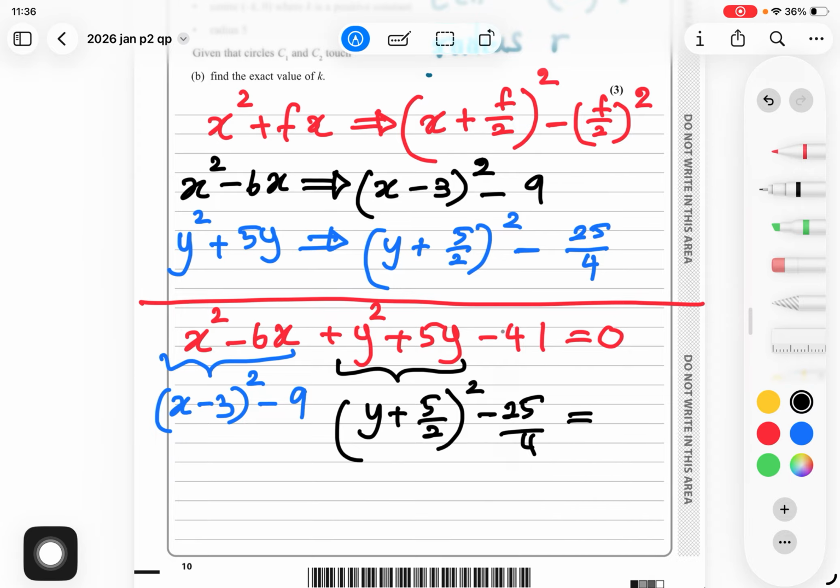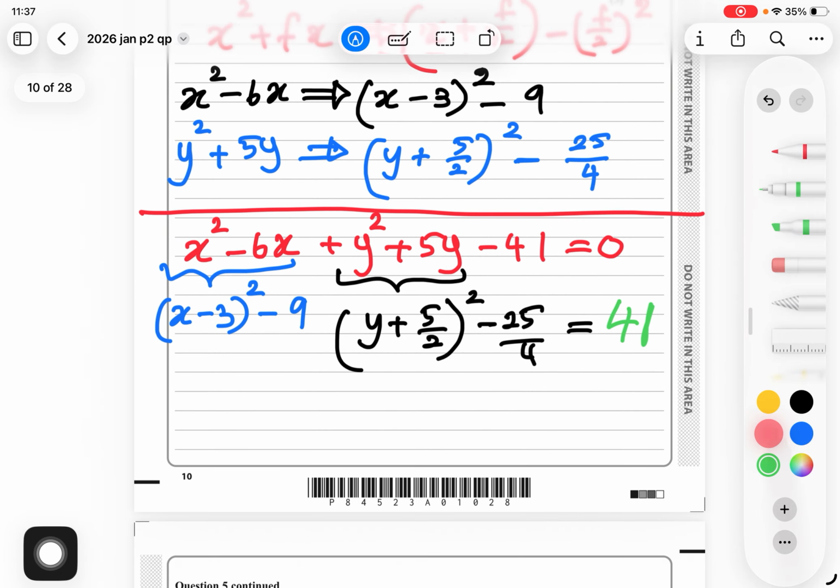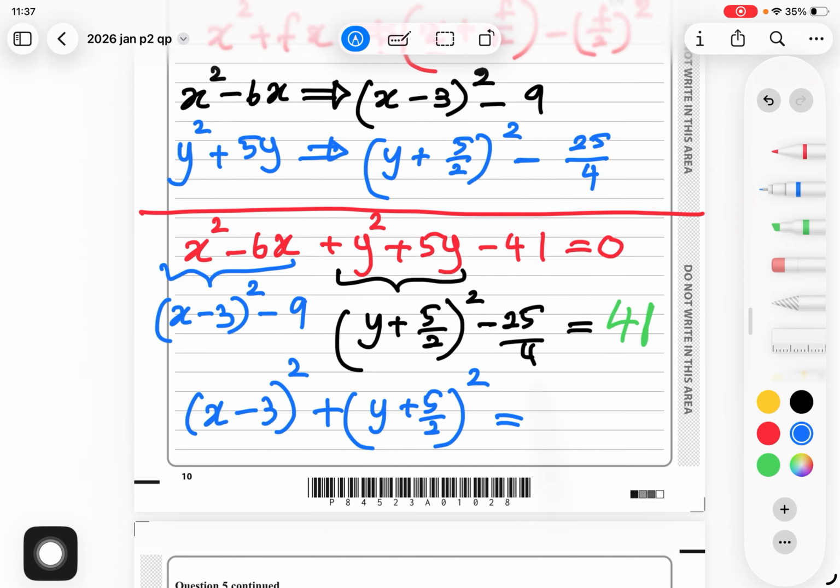I'm going to send this 41 to the other side. Now we are happy with what we came across. So we have (x − 3)² + (y + 5/2)² equals, when you send all the numbers to the other side, which you can calculate easily with the calculator,